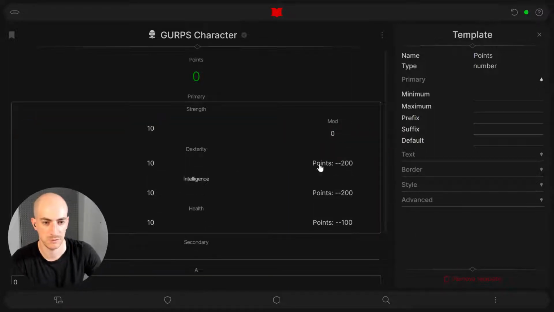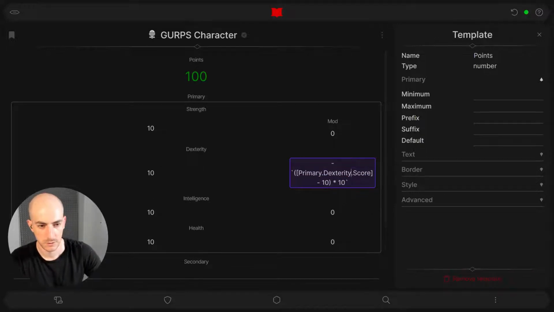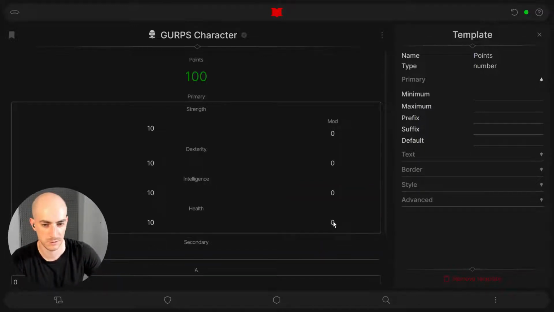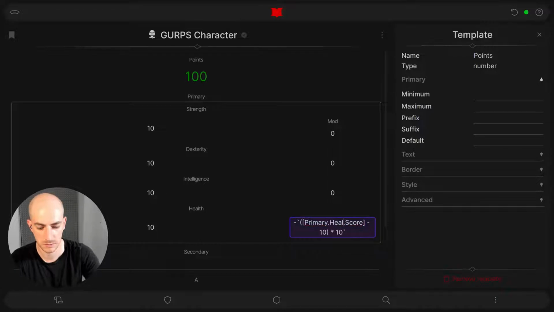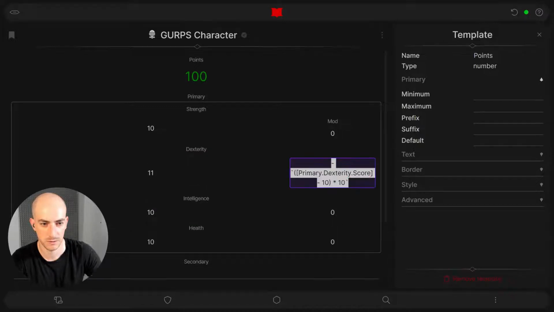Okay, let's keep it just like 10 and paste it here. Oh, nice. Okay, that's cool. Dexterity and intelligence and health. Okay, so now if I change this to 11, this should be, oh, okay,